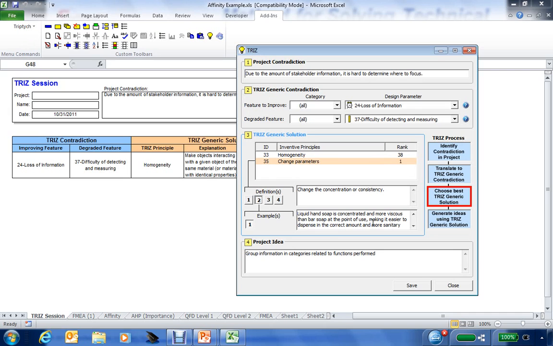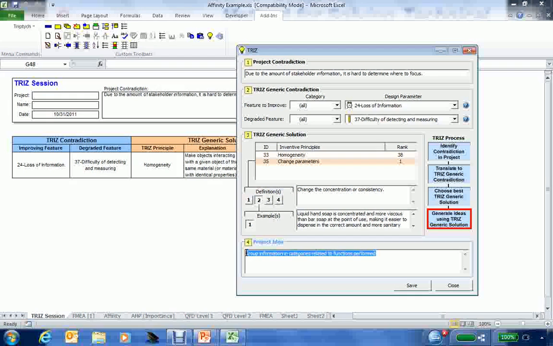Now let's say here that changing the concentration or consistency may lead to some ideas related to how we can use this. Change the degree of flexibility could be another way of looking at this. Changing temperature, but there's a variety of ones that we could examine. And maybe as we look at this and about changing concentration or consistency, maybe we need to start thinking about how we segment the information or group the information that we're going to look at in categories. And maybe one approach now is to group information